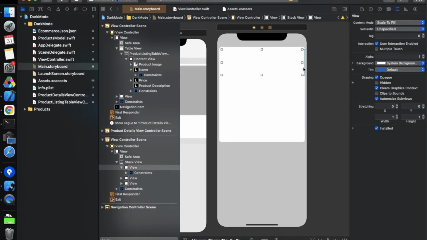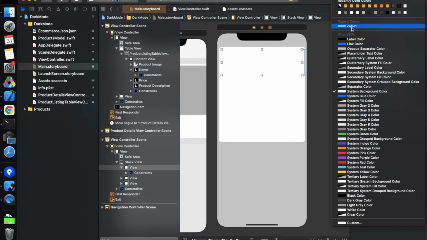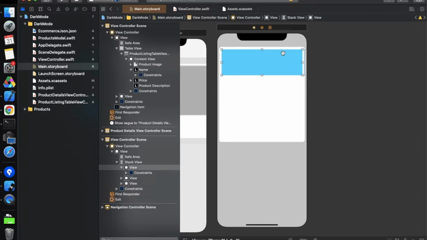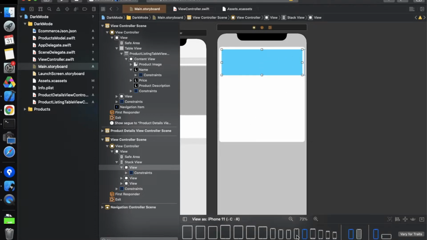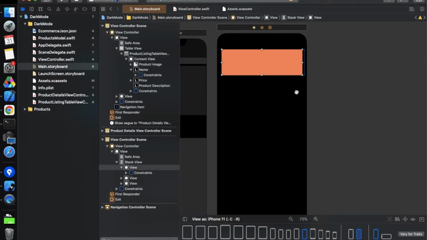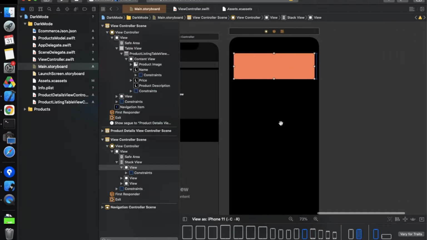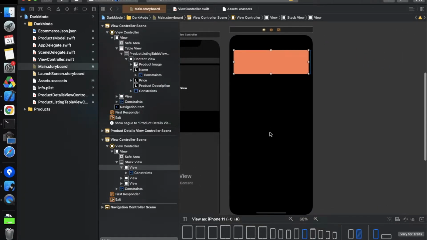And now if we want to assign the color to this view, we can use color 1 which we've defined over here. You can see that the light color is appearing over here, and if you want to see what happens when the appearance is dark, there is an appearance option over here, and if we switch this appearance to dark, it will show some different color. So you can see these things directly in the storyboard. We don't need to run these things every time.